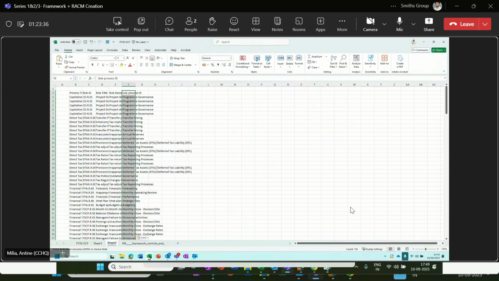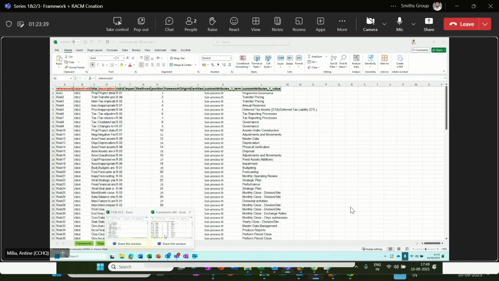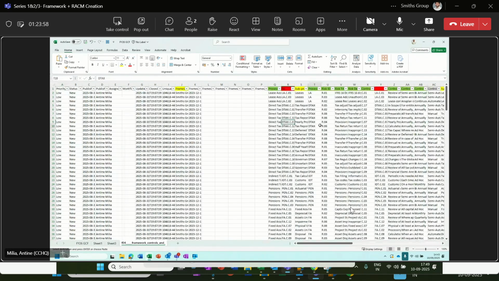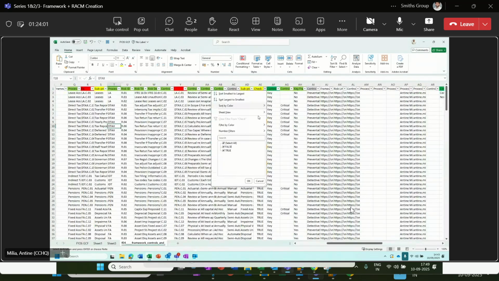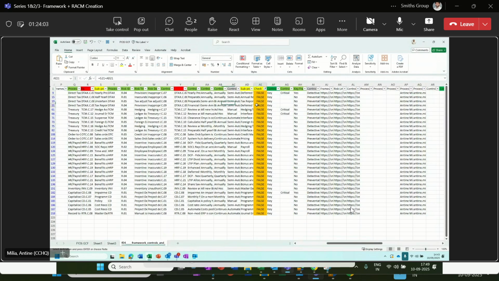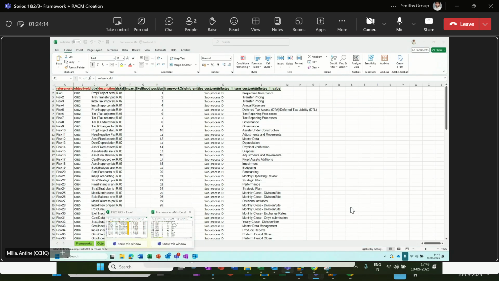This is how it looks. This is how it's been: anything tagged as sub process ID as a custom attribute was tagged against the risk rather than the control. So we can just do a quick check, right? Let's just find one where we had identified a discrepancy. So if I look at direct tax control number 9 in my original framework upload,